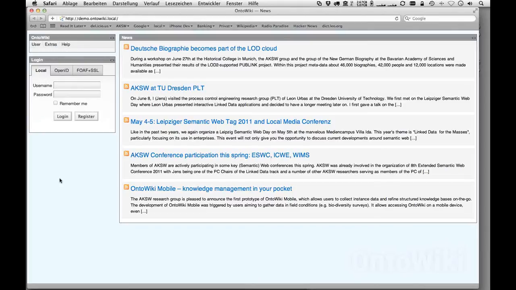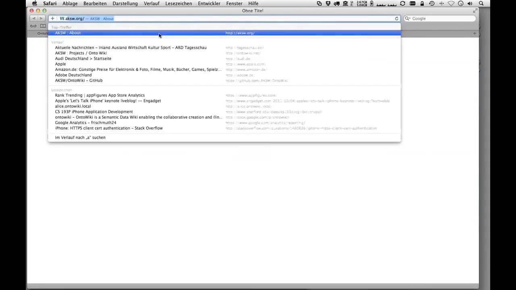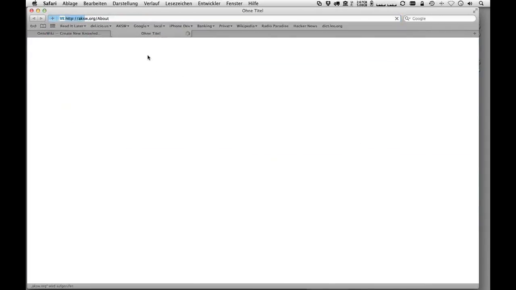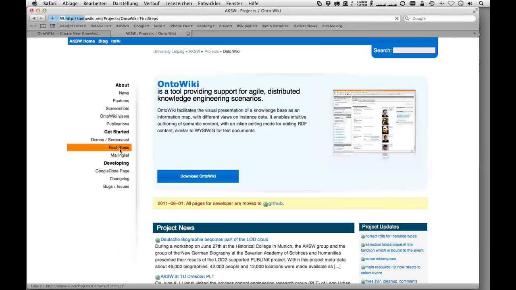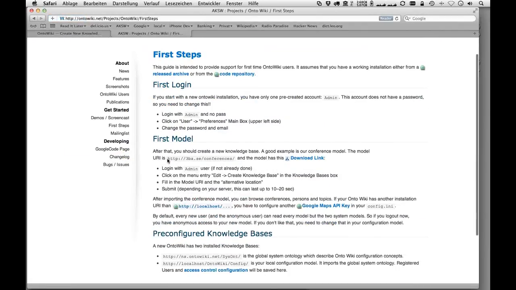And what I want to show you first, I will log in as the administrator user. And since we have no knowledge base, this is a special knowledge base, the OntoWiki system configuration, which contains the users that are in your system and which rights they have and things like that. I just ignore that. It's not so important now. We will create a new knowledge base, and for that I will go to the AKSW website and there to the OntoWiki section, and there we have a first step menu point, and I will grab this example knowledge base, which